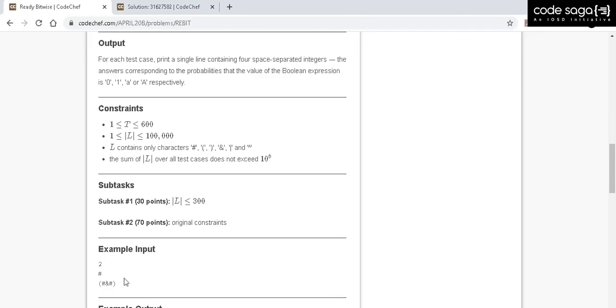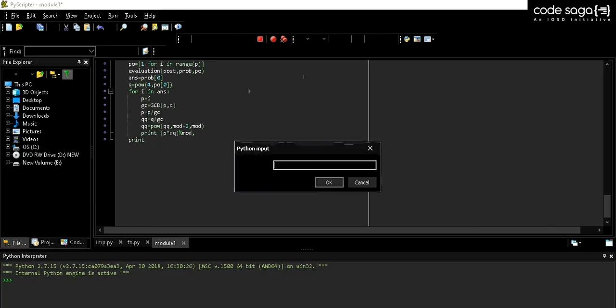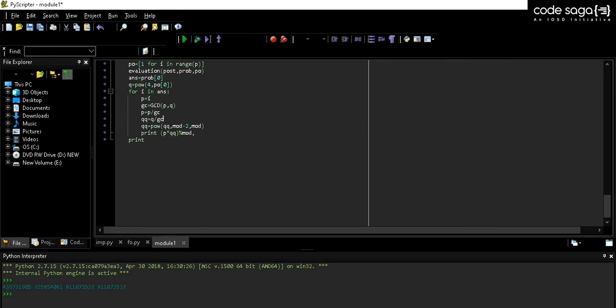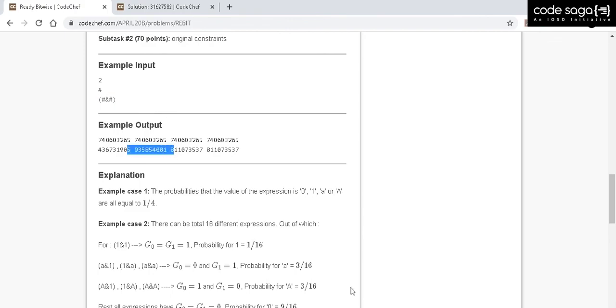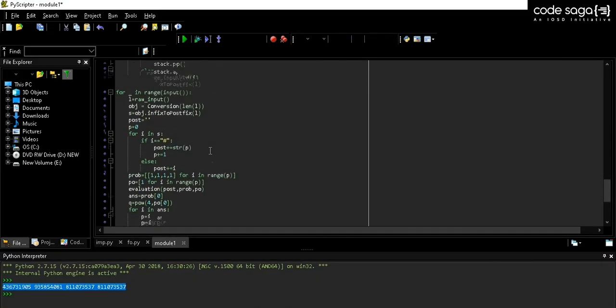So let's give an example test case here. As you can see, these are the probabilities which match up with this. So the answer for this is correct, and that is how you solve the